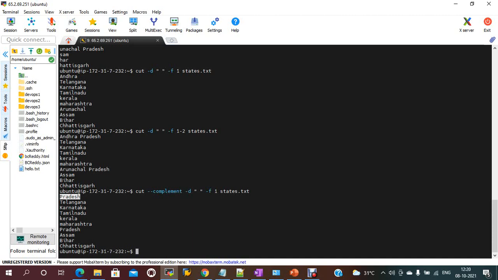By default the output delimiter is the same as the input delimiter. When you specify cut with the hyphen d option, it uses that as the output delimiter.